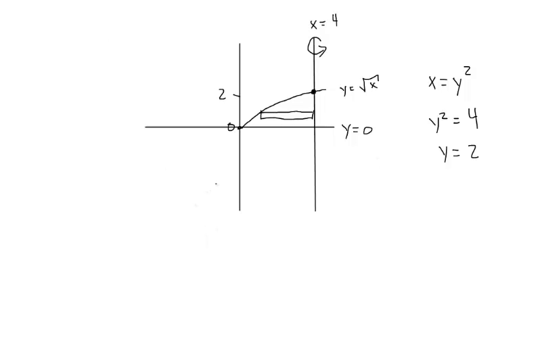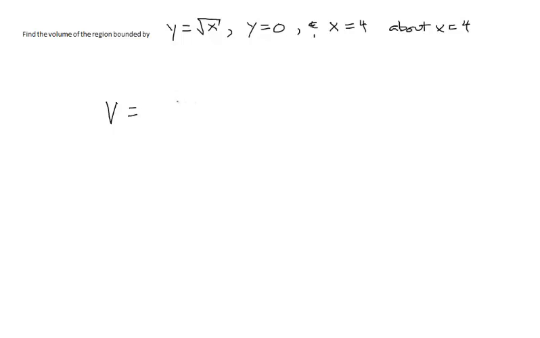And now we need to find our radius. And because we're using a horizontal slice, we're also going to need to use our x is equal to y squared, because this is going to be in dy. So we have our radius being from 4, which is our axis of rotation, so 4 minus y squared is our radius. And now when we put that into the problem, we have volume is equal to pi times the integral from 0 to 2 of (4 minus y squared) squared dy,